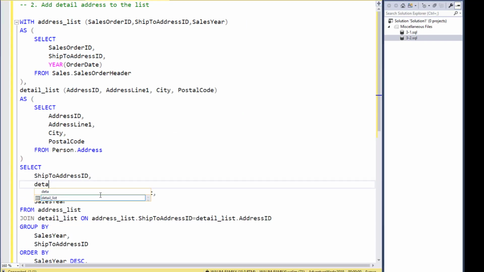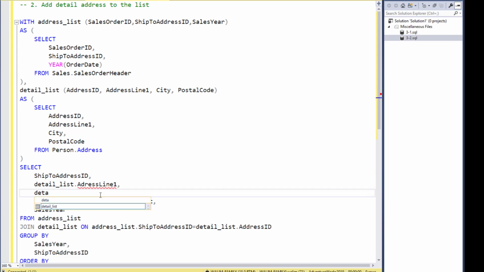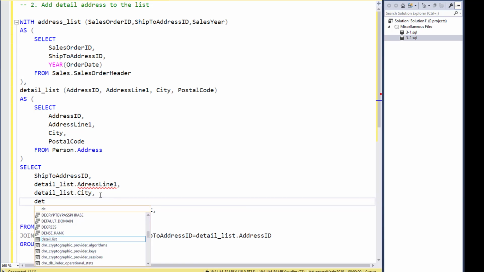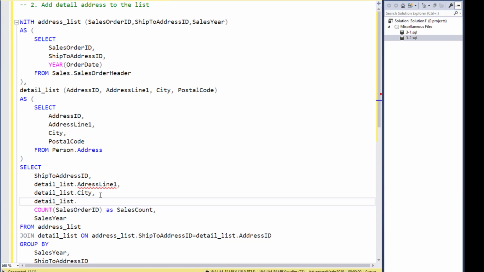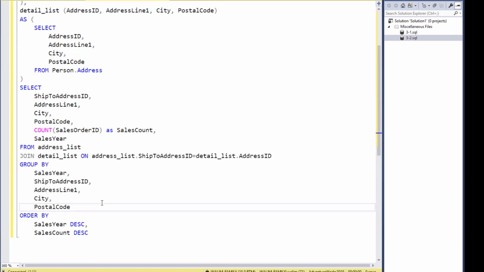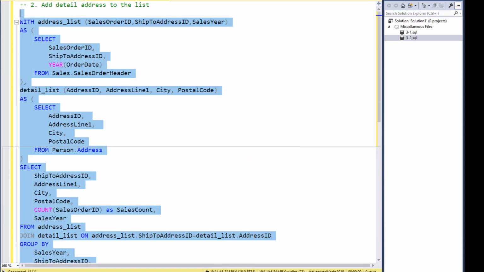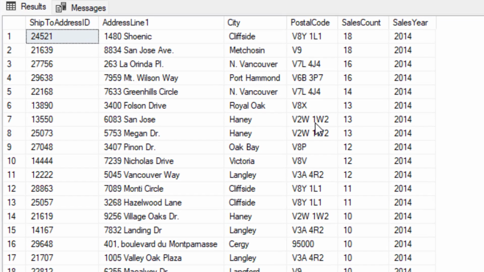In the outside query, I add a join statement to detail list on ShipToAddressID of address list and address ID of detail list. I mention the columns address line, city, and postal code after the select keyword. And don't forget to copy these columns into the group by clause. Let's block the statement and execute it. And you can see,